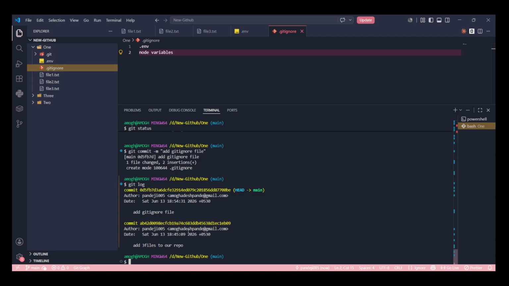So let me say it in simple terms. Okay, this is my first commit. For this commit, for this add 3 files commit, there is a hash code. Okay, and after that, I have created another commit. I've added git ignore file. Okay, this is another hash. So these both are independent hash codes. Okay, and here you can see head is on the main. So this is my most recent commit, and this is my old commit.